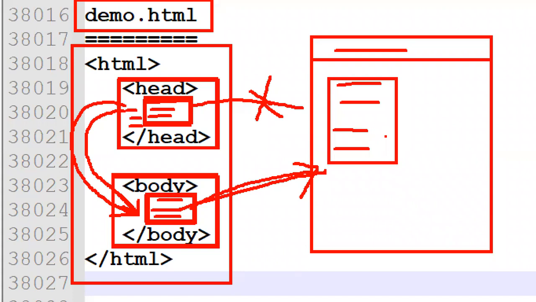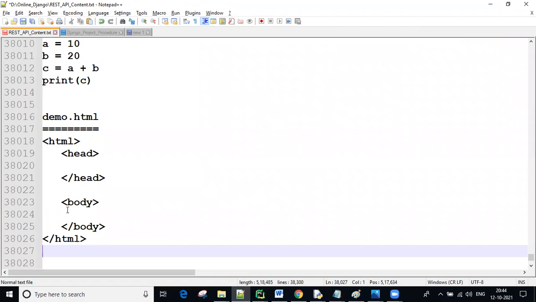The head section maintains the meta information, guys. Meta tags. What is meta? Meta means data about data is called metadata. So here we have some data, and for this data we are maintaining some additional data, which we apply to the body related tags. Remember this, slowly you will understand everything.